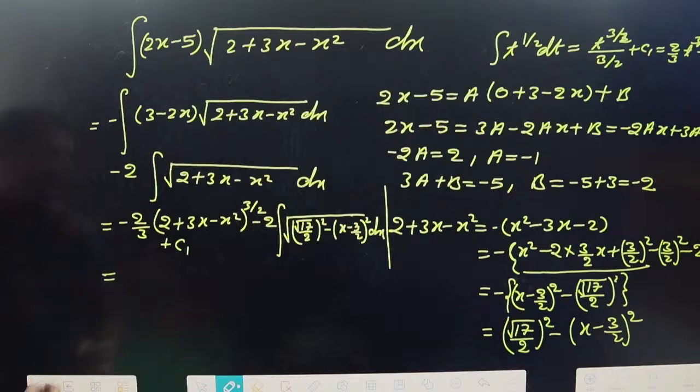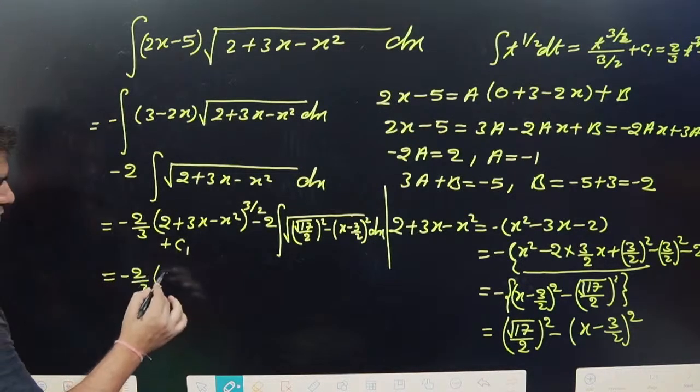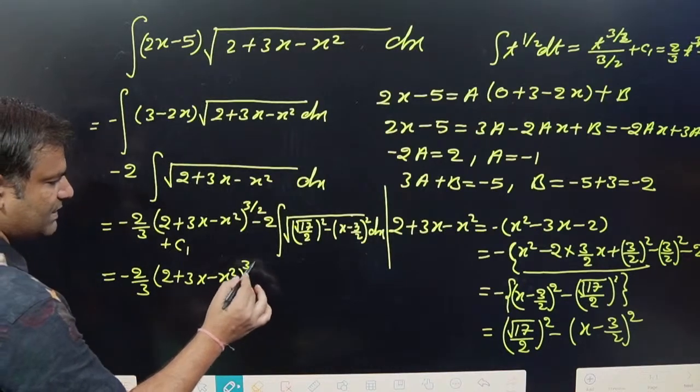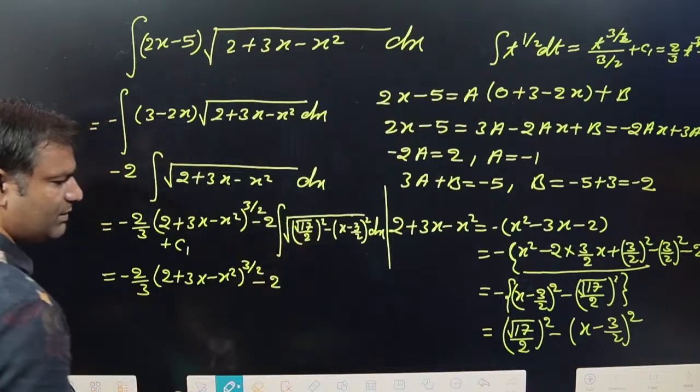So finally minus 2 by 3, 2 plus 3x minus x square to the power 3 by 2, and here 2. What about that value? Simply 1 by 2